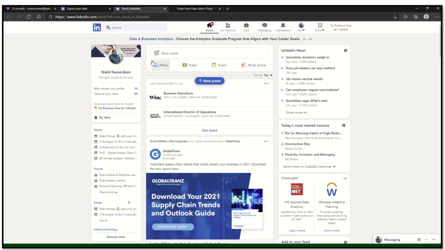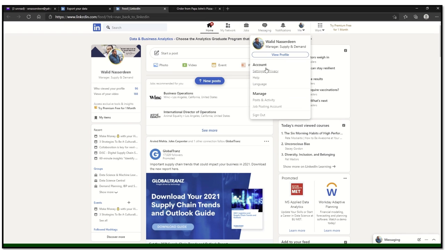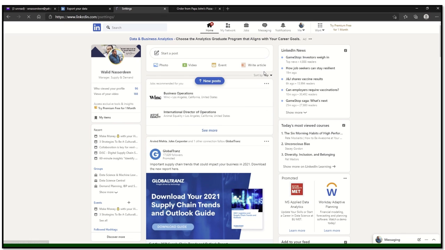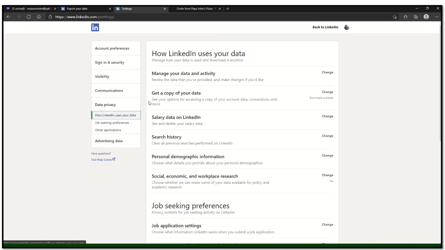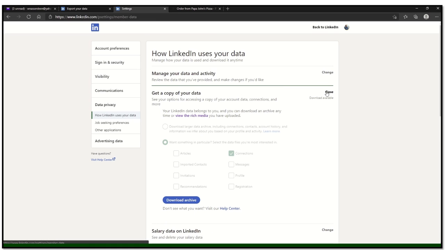So you have your Excel, you go here, go to Me, and you're going to go to Settings and Privacy. You're going to click on that. You're going to go to Get a Copy of Your Data. Hit Change. Now, I actually did this already, which is why it's all blocked out, but essentially, you could choose